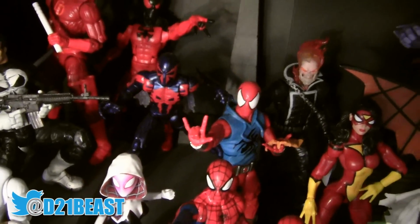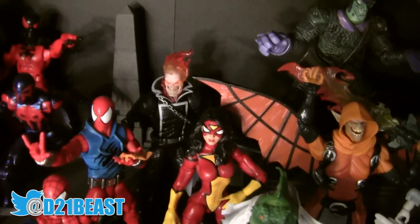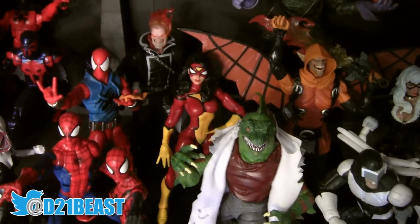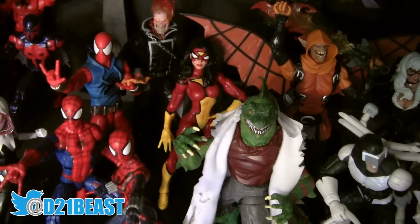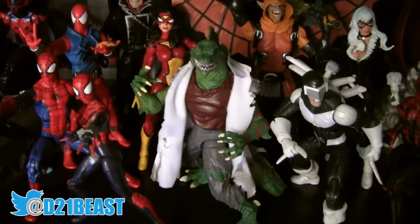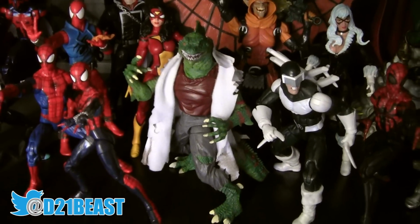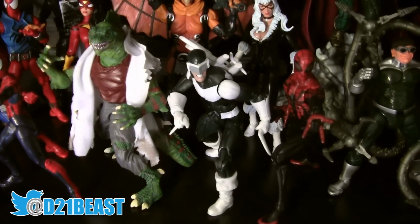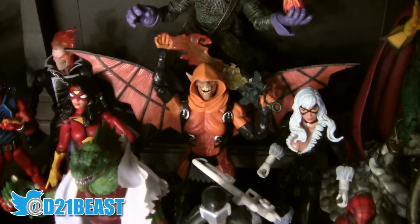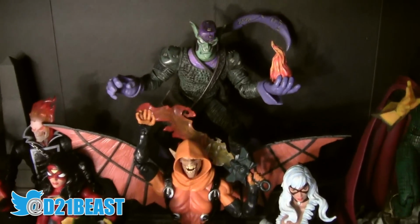And then we've got Spidey 2099, Ghost Rider, Jessica Drew Spider-Woman. Really wish we'd get a Julia Carpenter variant of this figure. It's probably too late now at this point, but man, I would have loved for Hasbro to do that. We've got a Spider-Man Classics Lizard figure. We've got Bullseye, and then we have the Humberto Ramos version of Hobgoblin, and then we've got the Marvel Knights